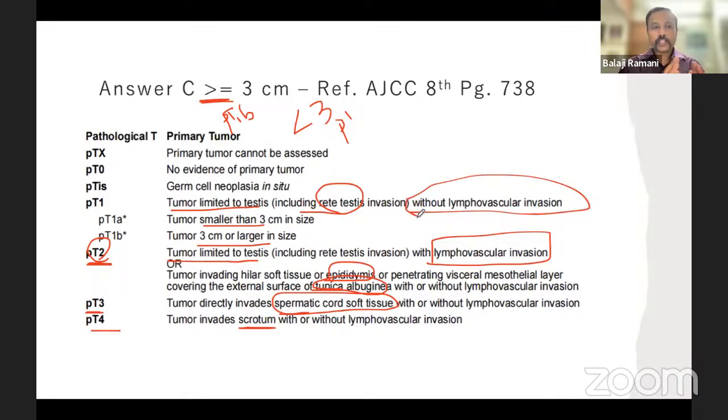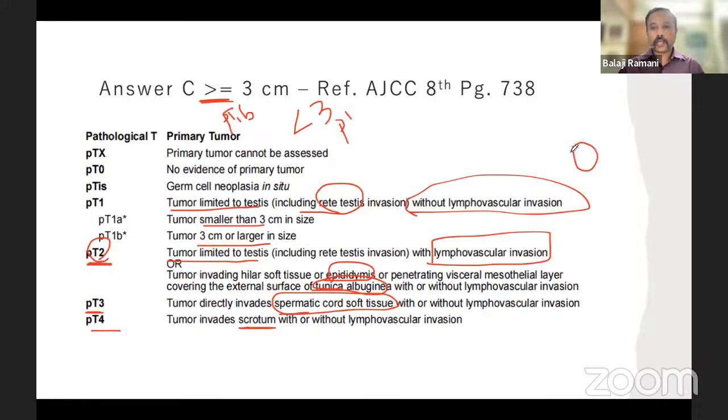So T1 is basically confined to the testis. Rete testis invasion does not change the stage. Here we have the size cutoff, less than 3 and 3 centimeters and more. Then you have lymphovascular invasion. If there is lymphovascular invasion, it becomes T2. The same way, the next structure is going to be the epididymis. So if the epididymis is involved, or if the tunica is involved,